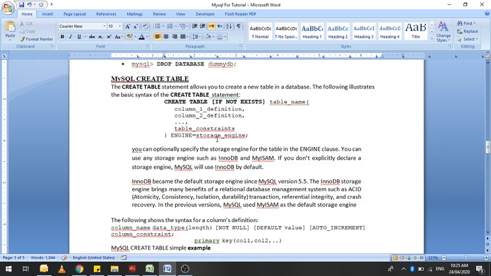Now we will see the create table syntax one by one. First statement: the name of the table that you want to create after the create table keywords. The table name must be unique within the database. If not exists is optional. It allows you to check if the table that you are going to create already exists in the database. If this is the case, MySQL will ignore the whole statement and will not create any new table.